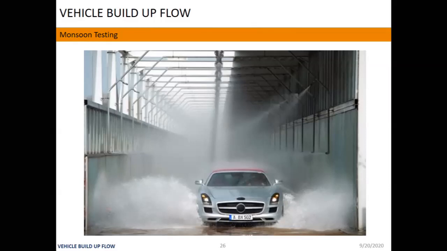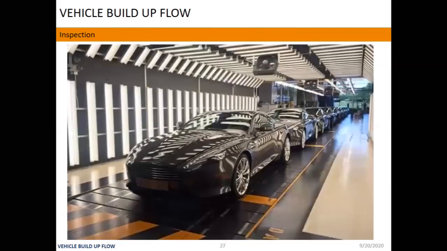And at the end, same as after painting, again there is inspection under the tunnel of light. After the final assembly, they check for any cracks, unevenness, gaps, or flushness issues. That is your last process. So this is the complete assembly process for the BIW, start to end. This we have to learn in depth.